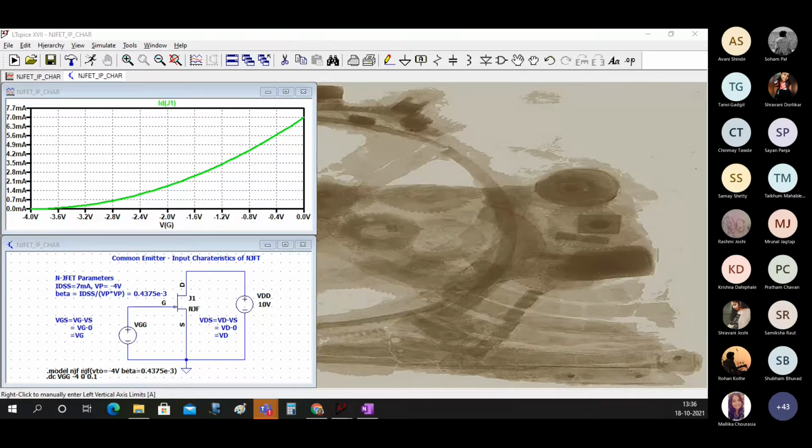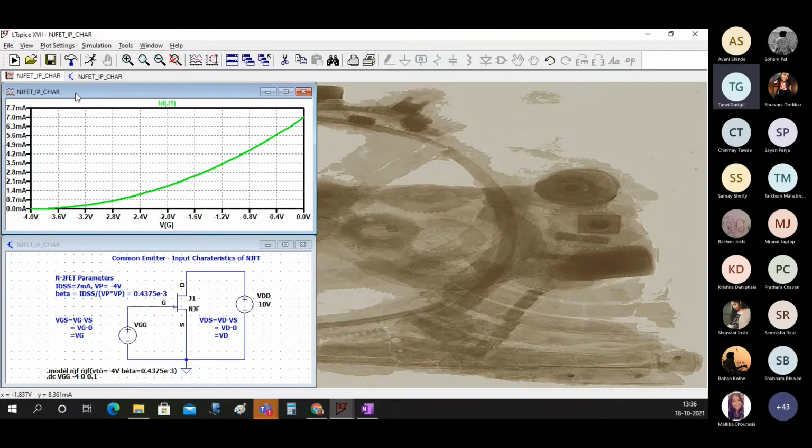Okay, Tanvi, I think there is a problem with the color of the graph. It is plotting it in white. Did you change the background from black to something else? Yes, sir. Previously the background was black and I changed it to white because you told us to change the background to white. You change it again to black. Okay, sir, please could you tell me how to change to black again?